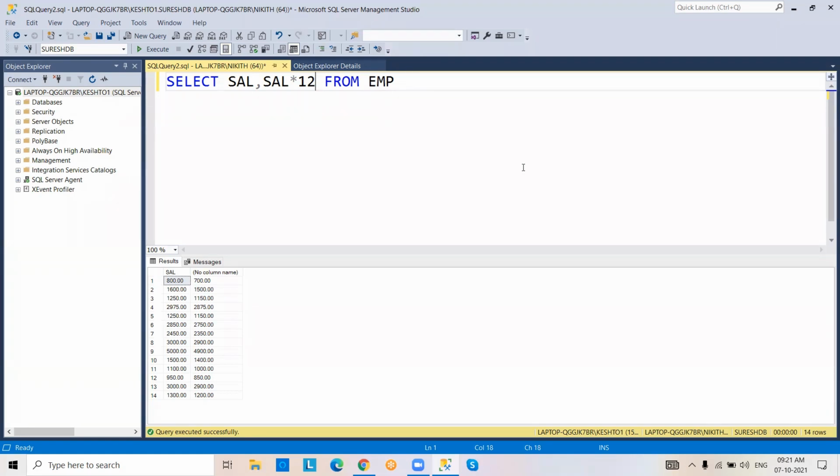So now, coming to execute. Okay. It retrieved monthly salary and annual salary.